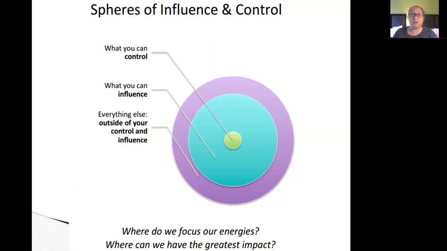And that means we're going to have teachers that are in that purple, that they are just outside of our influence because they don't want to be influenced. They're closed off. They're not ready to engage in coaching. So if they're in the purple, it's not worth your time, right? We only have a finite amount of time. It's important to think about what we absolutely have control over, which is ourselves and our work and how we schedule our work, and then the teachers who are ready to be influenced by our work.